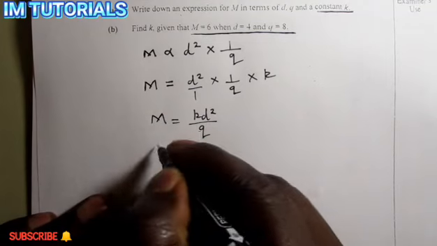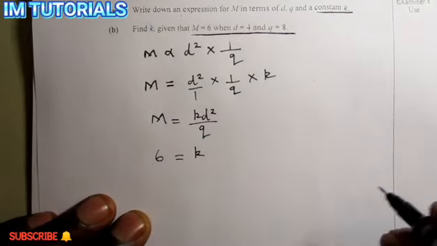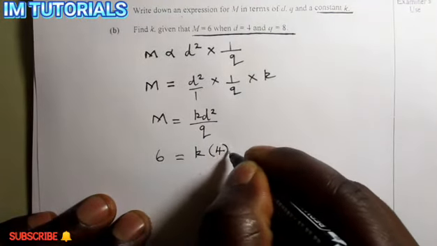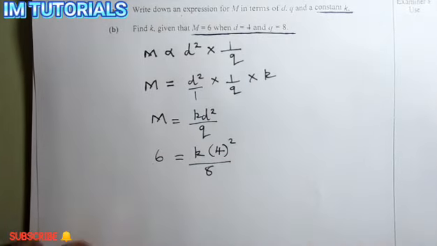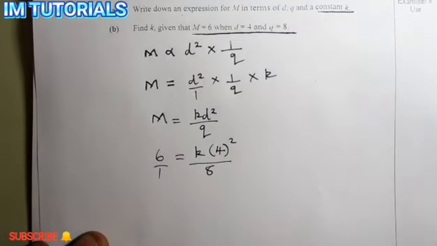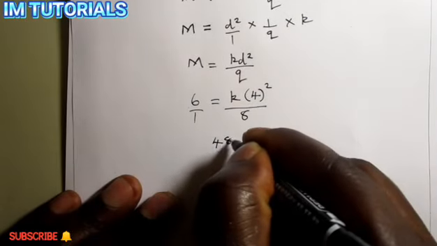So on m, I'm going to put 6. Then I'm going to leave k as it is. Then on d, d is 4, so you are going to come out with 4 squared, right? And q is 8, then you put 8, right? So we would like to do the skill of cross multiplication. If we cross multiply, it means that 8 times 6, you get 48,